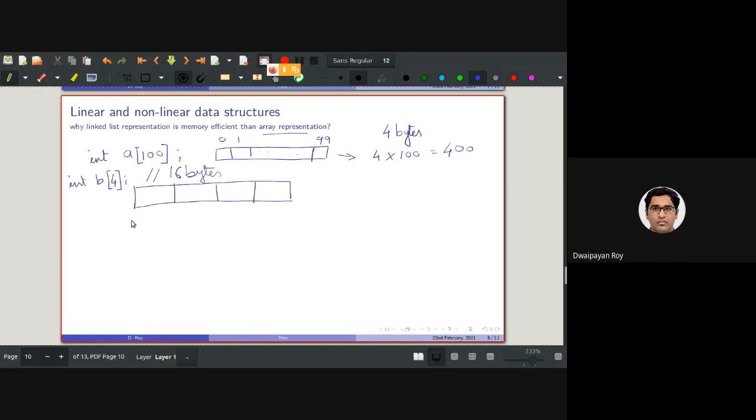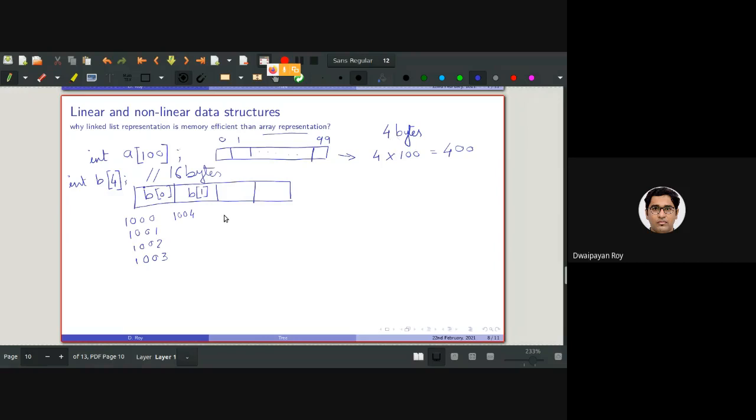If the address of this position is say 1000 for B0, the location of B1 will be, can you say what? 1004. Because this is 1000, 1001, 1002 and 1003, these 4 locations correspond to these 4 bytes.